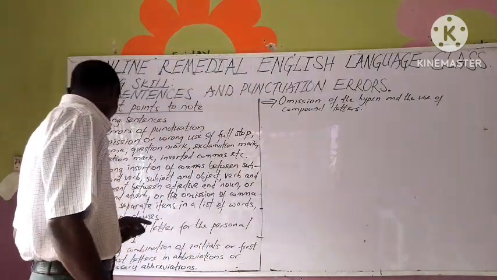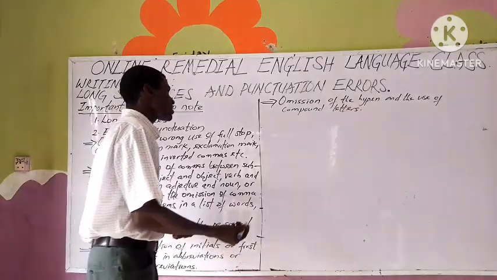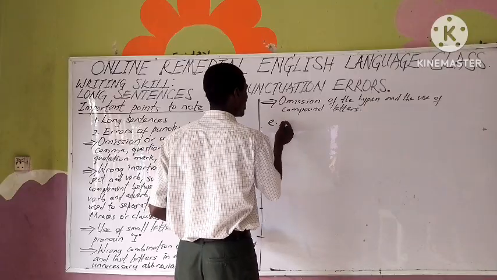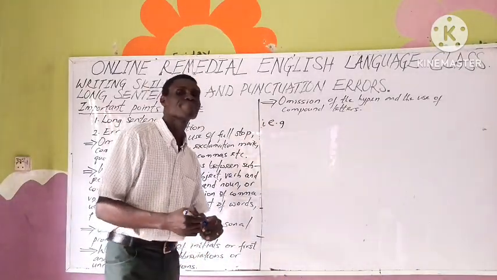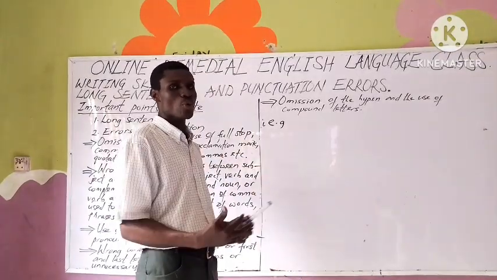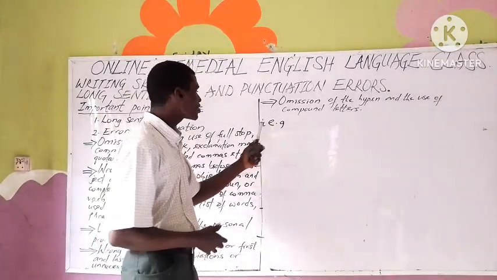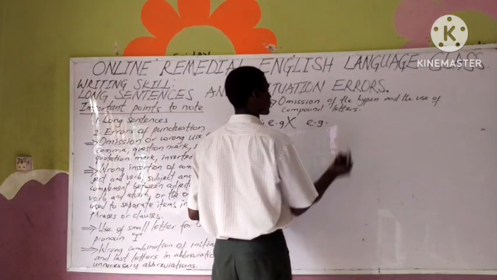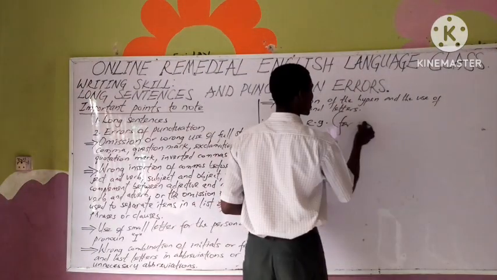Some of the errors that are connected to wrong combination of initials, for example, let me use that. You have EG, number one. This is what most writers always do. If I ask you to give the acronym or abbreviate it, you're going to give me something like this, which is absolutely wrong. But okay, we should have this. Are you surprised? This is what you're supposed to have for what? For example.